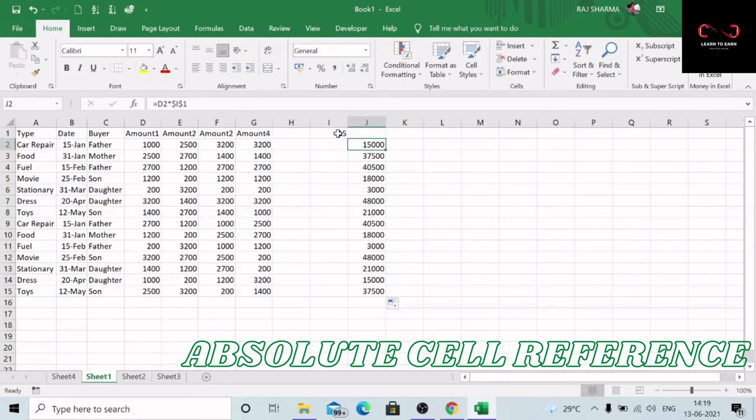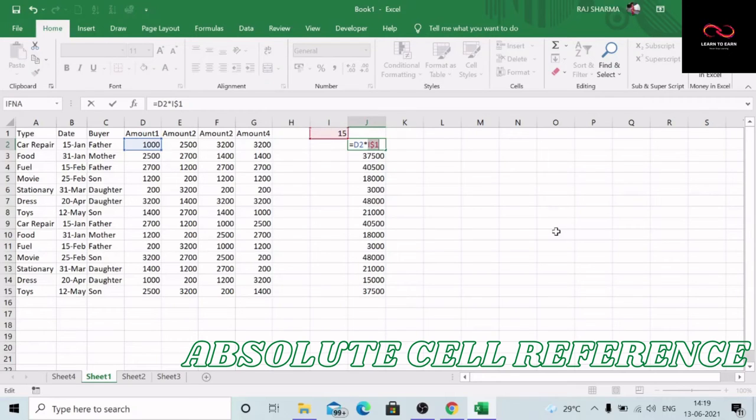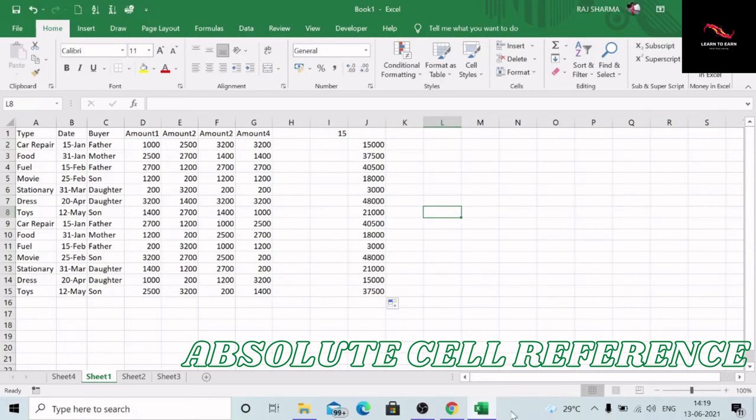Now here we have fixed it completely. You can fix it only for the column or only for the row also by again selecting it and pressing F4. So like that you can see, and here it has completely removed the absolute reference, and then again it is an absolute reference. So F4 is the function which you need to use.